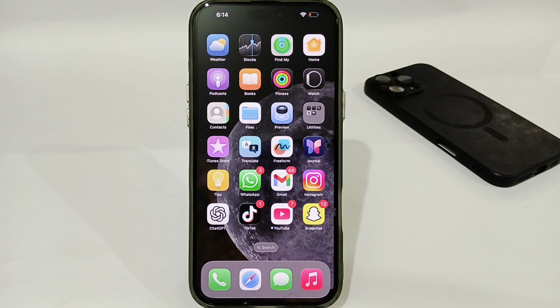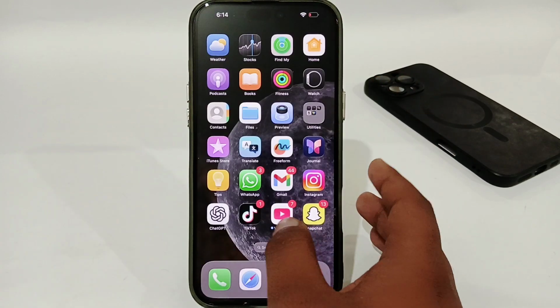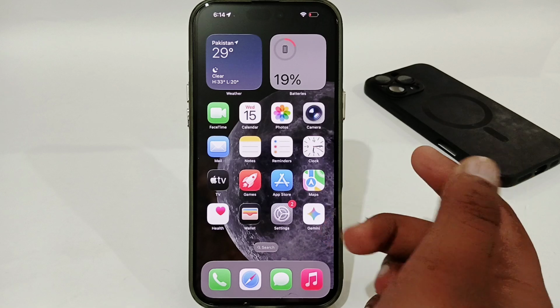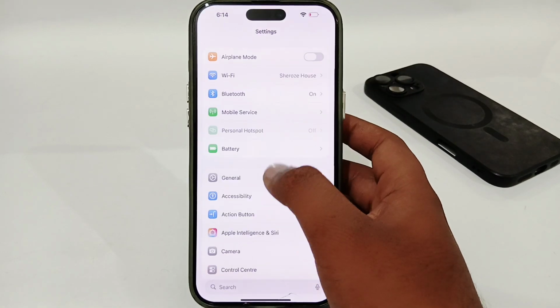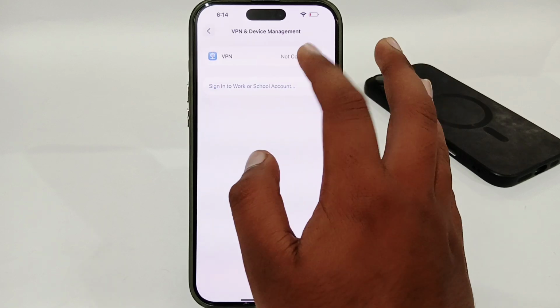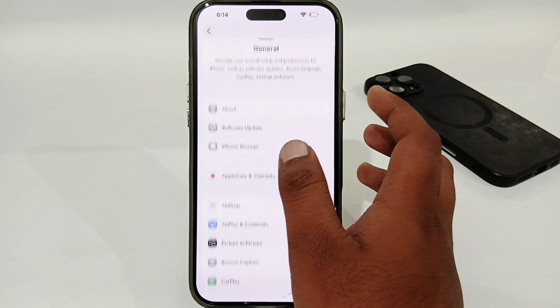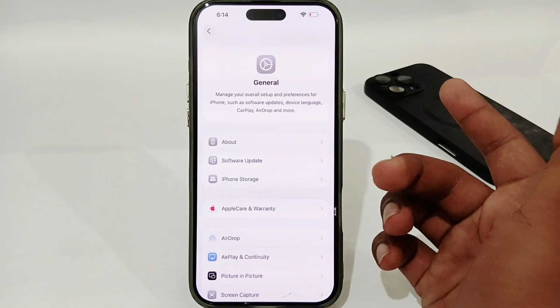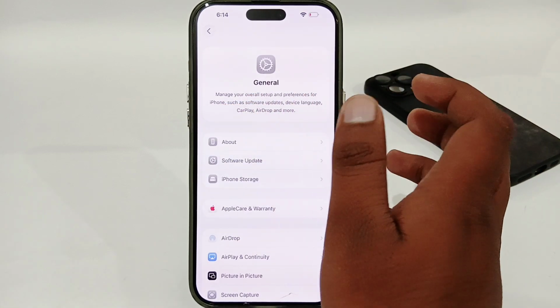So the very first thing, you have to make sure that you have a stable or strongest internet connection, and you have to also make sure that your VPN is not connected. So open your settings, go to General, go to VPN & Device Management, and make sure that your VPN is not connected, or if you have connected VPN, try to disconnect it. Sometimes it might be that your VPN is connected or your internet is weak,